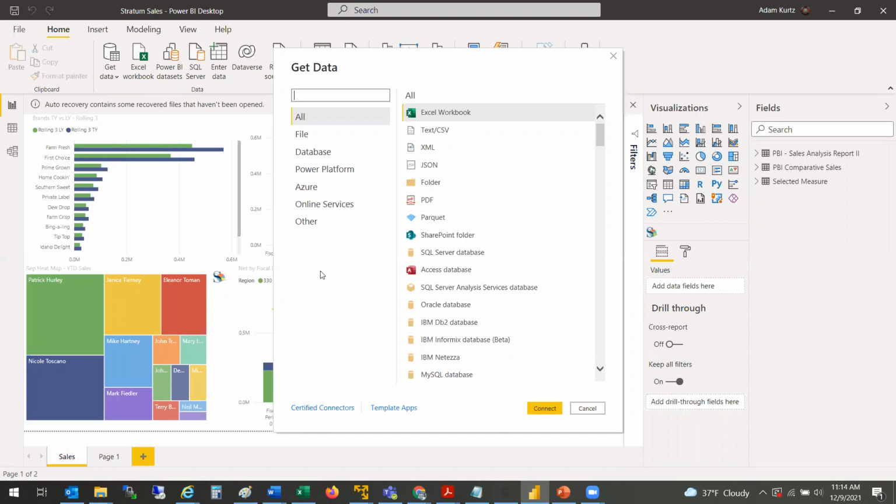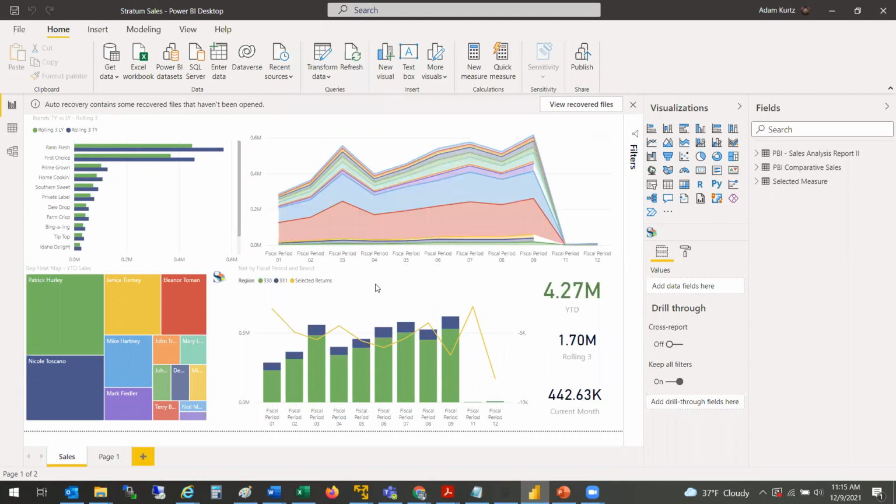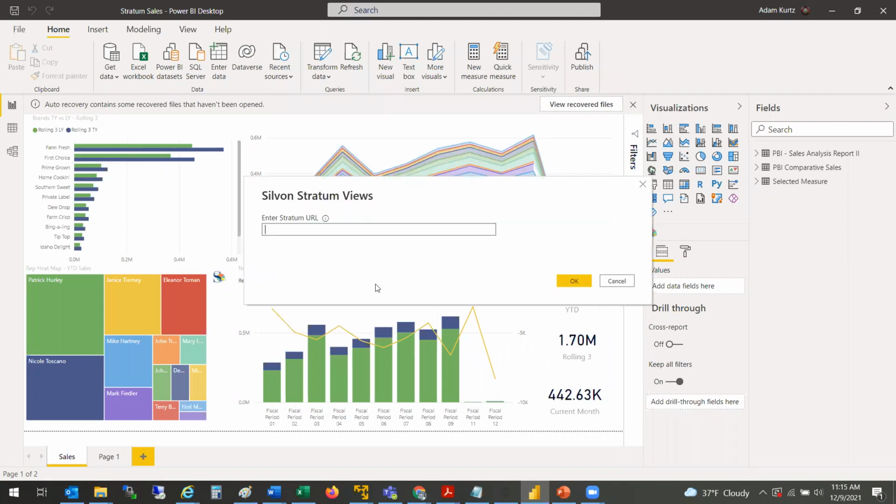Well, with Power BI, as you can see, you've got a lot of choices here. And down here, if I go to Other and I've already got the connector installed, I will have an option called Solve on Stratum Views. So if I select that and click Connect, it'll connect to Stratum. It'll ask for the URL. And here's where you can type in the URL to Stratum. I'm just going to copy it from my